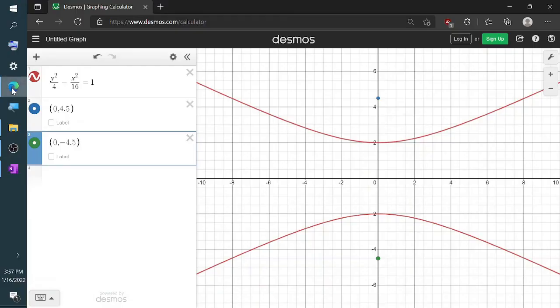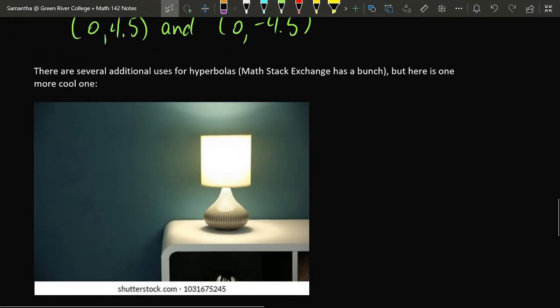So here I am back on Desmos, and I've graphed the vertical hyperbola given to me in the problem, as well as the two focus points that we have calculated. So for example, if I wanted to do a gravitational slingshot maneuver, I could launch the object so that it had a trajectory maybe right around here in this bottom left corner. And as it got closer to the object represented by this blue dot, the blue dot's gravitational force would begin to bend the trajectory of the object and then ultimately launch it in this other direction toward here in the bottom right. Now that concludes our discussion on ellipses and hyperbolas.